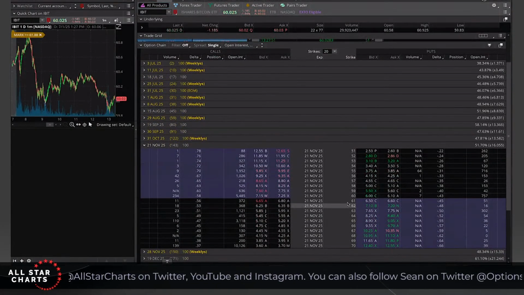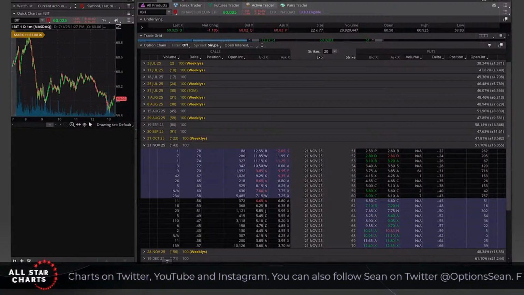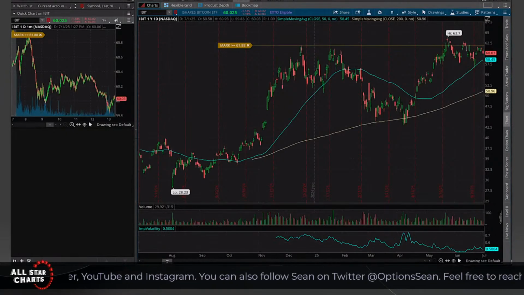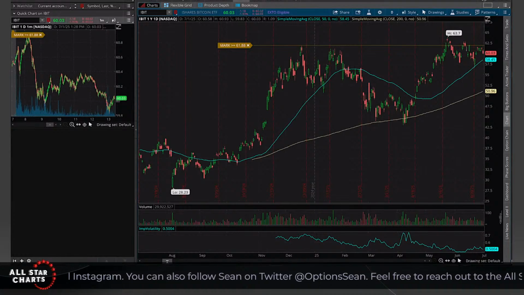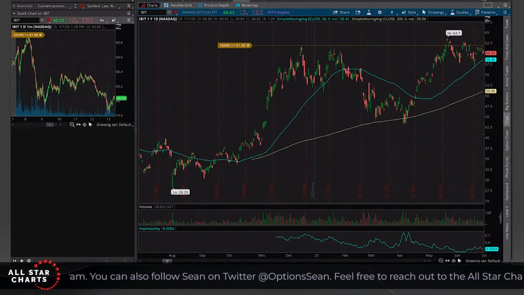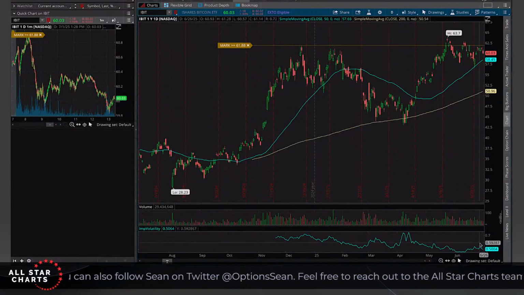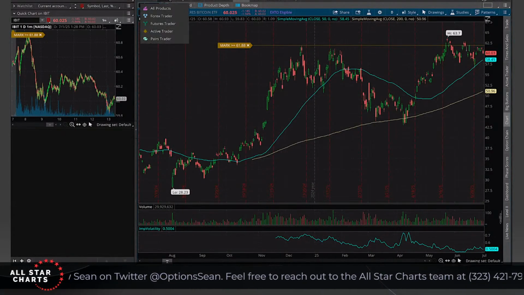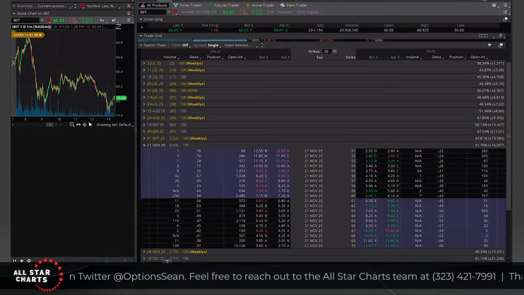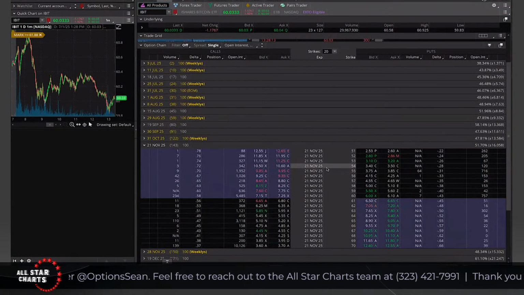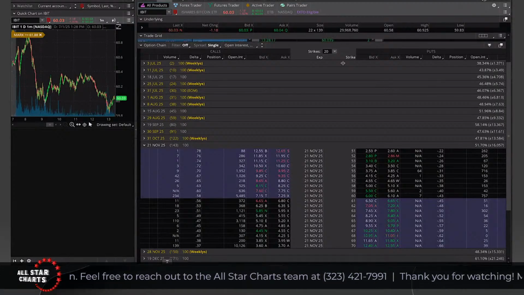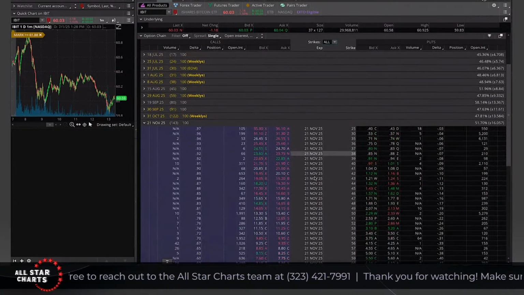Now, here's the thing. When you look at a stock like IBIT and you see that the implied volatility is at the lowest level it's been all year, that's great. However, there are certain names and certain sectors that, even though it's low relative to itself, option premiums are still through the roof because everybody knows Bitcoin could double overnight. I mean, maybe not overnight, but Bitcoin can double in a hurry, right? So options players are no dummies. They're gonna price in a lot of premium here for these calls.